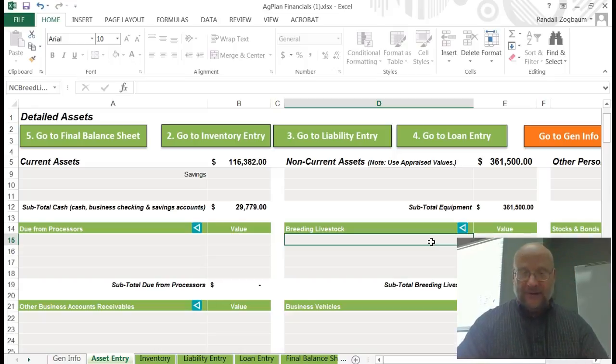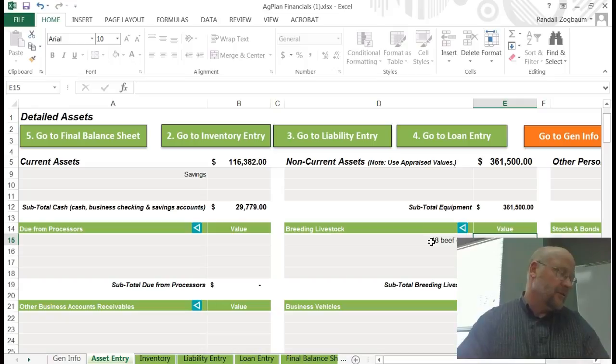But our breeding livestock is, we have 48 beef cows. And the market value or the cost value that they're listed at is $500 per unit. So that's $24,000 total. Oops, I said be consistent, and I didn't do that, did I? So we're looking at market value in my spreadsheet. Looking at market value, that's $700 per unit. $33,600